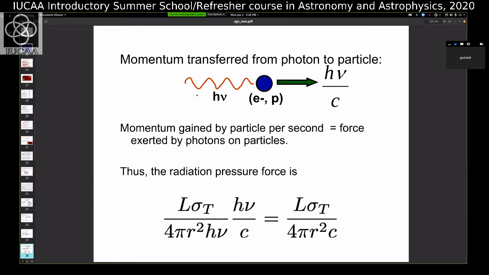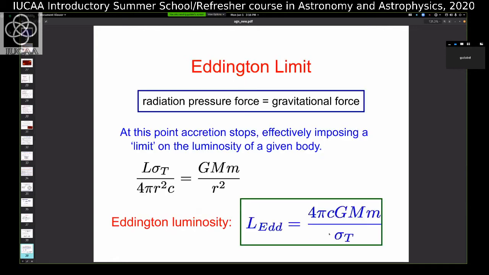And in each scattering, the momentum transferred from photon to particle is essentially h nu by c. And we know that the momentum gained by the particle per second, or the rate of change of momentum, is essentially the force. Therefore the radiation pressure force is this number of scatterings per second multiplied by the momentum transfer h nu by c, and you get the radiation pressure force L sigma t divided by 4 pi r squared c. And when you equate these two, the radiation pressure force and the gravitational force, you get